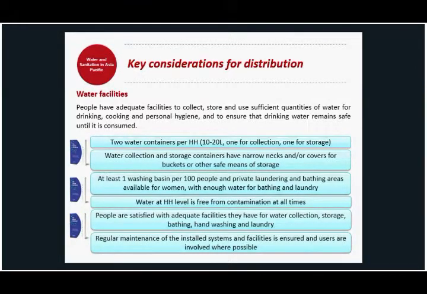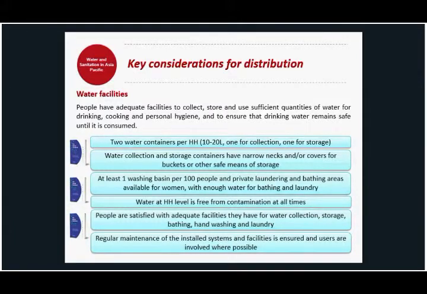Sphere Water Supply Standard 3 on water facilities outlines what we should consider in our distribution. People have adequate facilities to collect, store, and use sufficient quantities of water for drinking, cooking, and personal hygiene, and to ensure that drinking water remains safe until it is consumed. The key indicators to meet this standard: